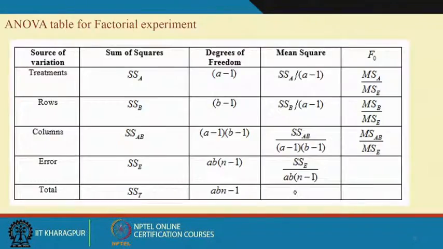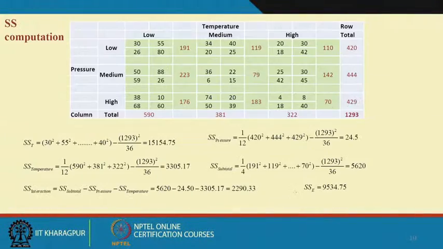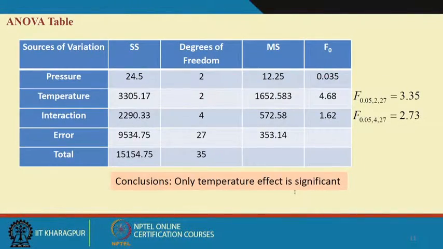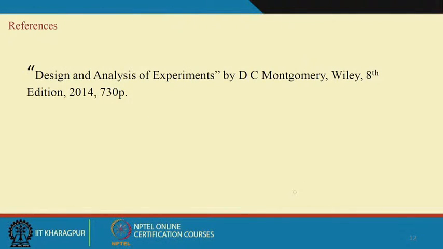As I already told you in the beginning, we developed the PPT based on the Montgomery book. I am sure that you are now in a position, given a factorial experimental data set, to conduct the ANOVA study and conclude which factors are contributing, whether the main effects, the interaction effects, or both are contributing, and which effects are not contributing.